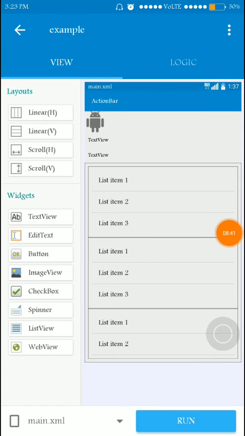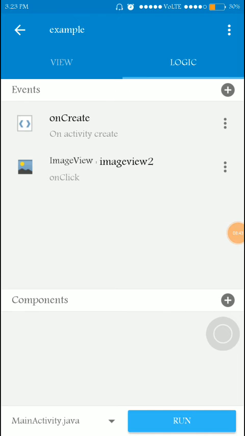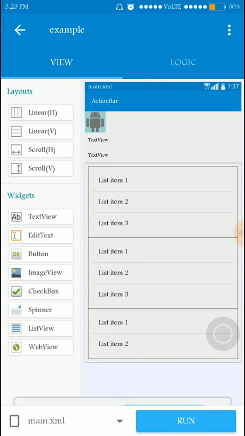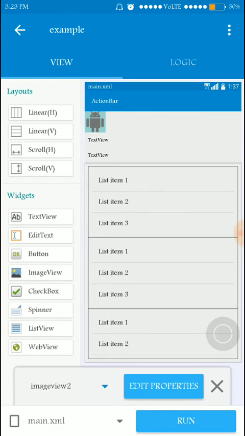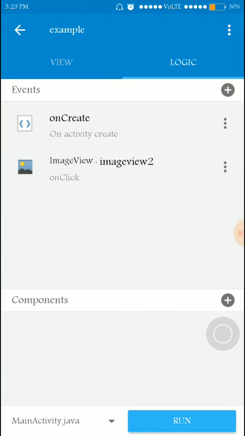So the view section is completed, and I am going to the logic section. And one thing I am going to say is these layouts are identified by their IDs. IDs are nothing but the names. For example, my name is Uday. It's an ID for the person, and the image has an ID, that is image view 2, as you can see here. And the text view has an ID, text view 2, and this list item has an ID, list view 3. And these IDs are very important in the logic section.